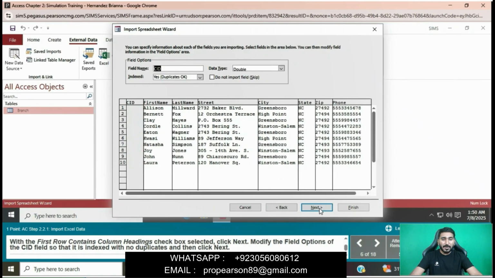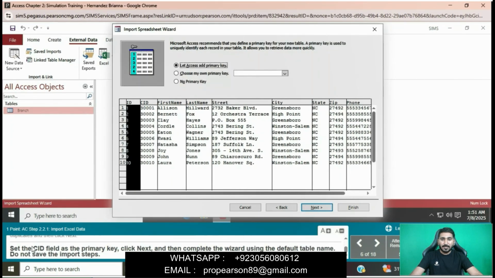Click Next, modify the field options of the CID field so that it is indexed with no duplicates, yes, no duplicates, and then click Next.